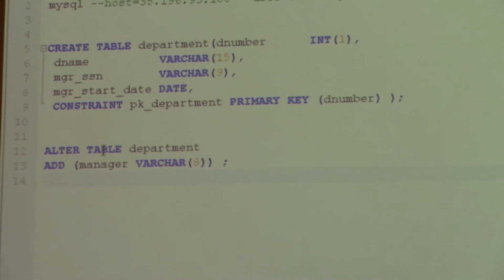Alter table, then you supply the name of your table. This is the table I just created now, department. So I'll supply department. I want to add an extra column, named manager. Let's just leave it as small m. So now if you run this,